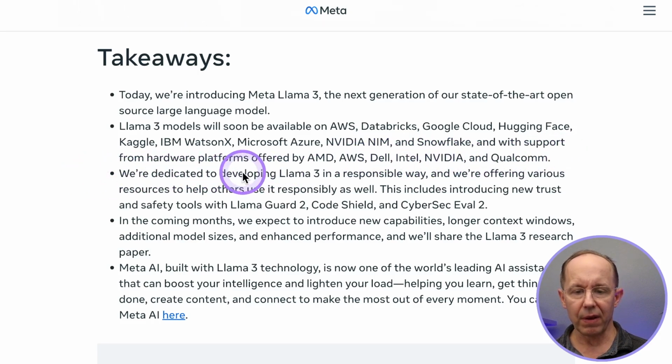We're dedicated to developing Llama 3 in a responsible way, and we're offering various resources to help others use it responsibly as well. This includes introducing new trust and safety tools with Llama Guard 2, Code Shield, and CyberSec Eval 2. In the coming months, we expect to introduce new capabilities, longer context windows, additional model sizes, and enhanced performance. And we'll share the Llama 3 research paper.